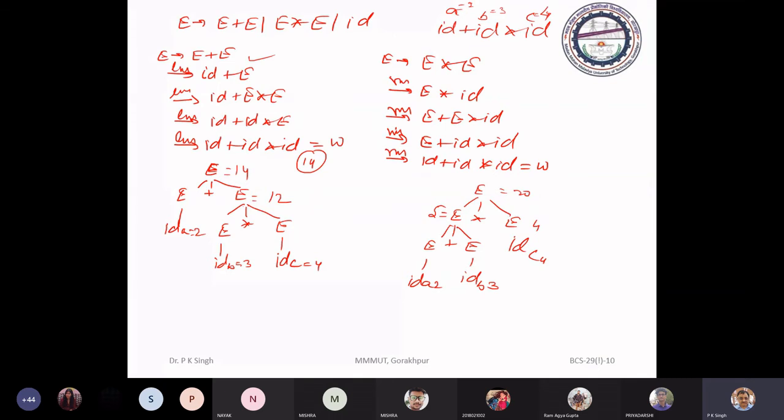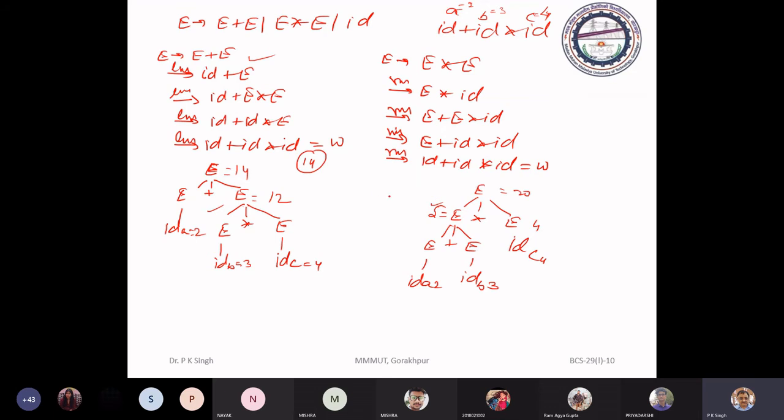And if you have two or more syntactic structures, then you are not able to develop the understanding for the same sequence of tokens. Here you may say that this is for leftmost derivation and this is for rightmost derivation.